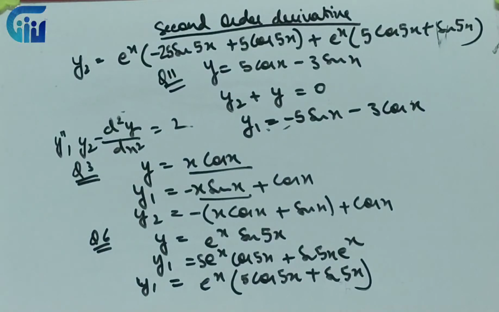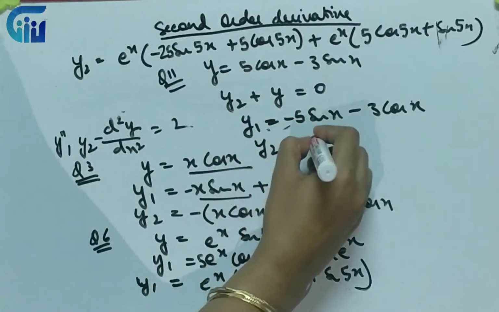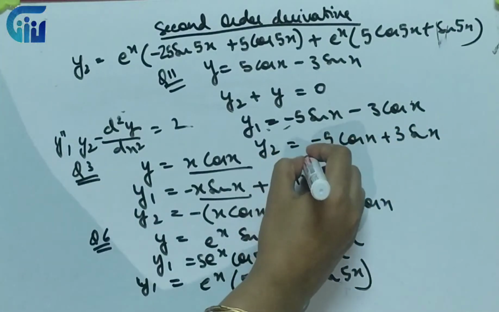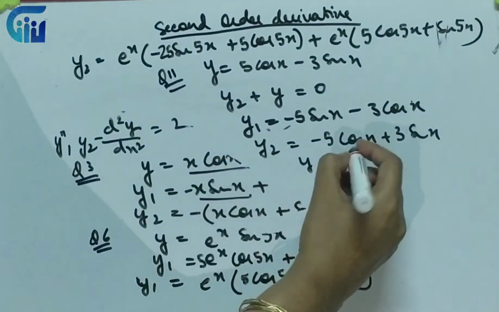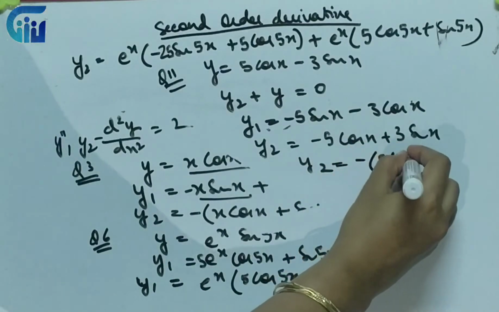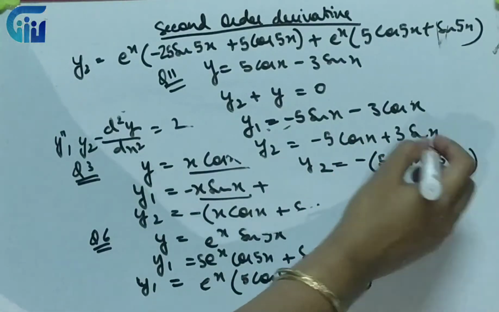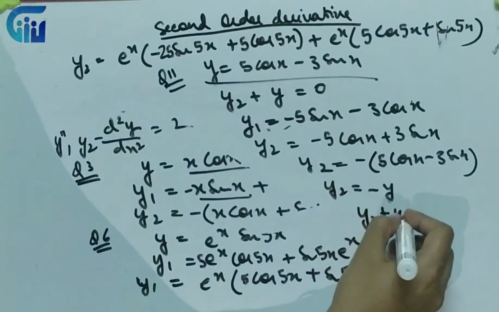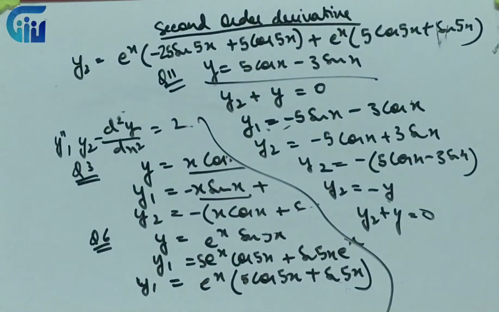Now if I differentiate it again, so let me differentiate it again. So this will be minus 5 cos x plus 3 sin x. So if I take common minus sign from this, what will I get? Just see. Compare it with the original question. I'll get the original question. So y2 plus y is 0. So these are the type of questions where sometimes from the given expression we obtain the equation that we have to prove, and sometimes we have to put it in the left hand side and prove the right hand side. So it depends on the variety of question that you are getting.